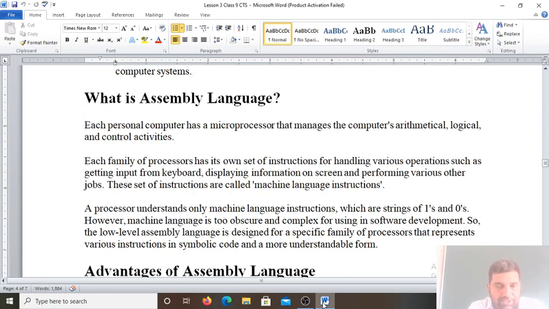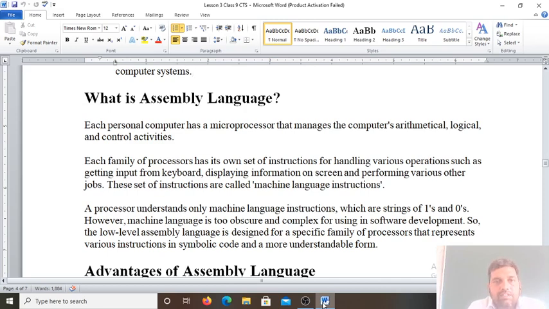Now, assembly language. What is this assembly language? Assembly language is the low-level language where the programmer uses the symbolic representation or names. Here we use symbols for addition, they are using the symbol add. That is called the mnemonics instead of numbers. For some other operations also we use some decimal codes.